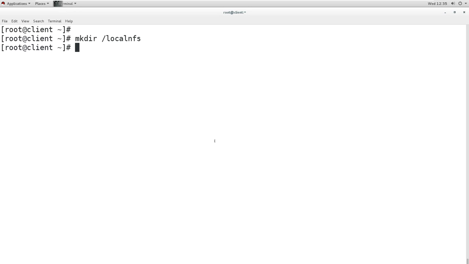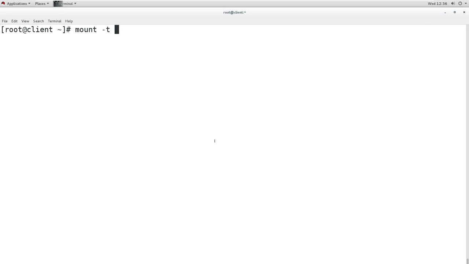So I will use the mount command. mount -t. Now -t is to mention the type of the file system which we want to mount. So the type is NFS.